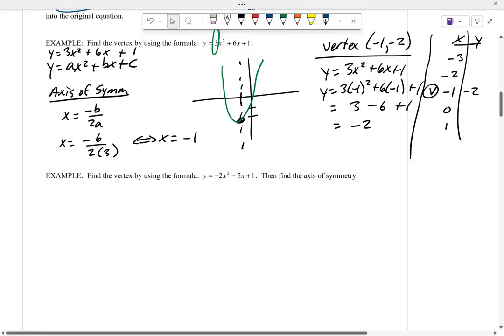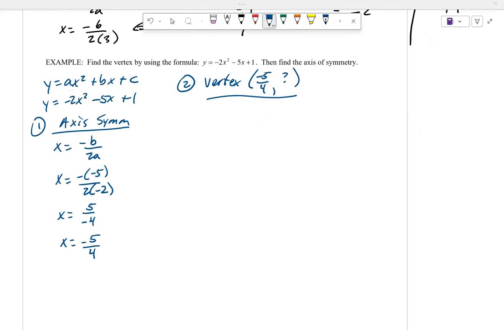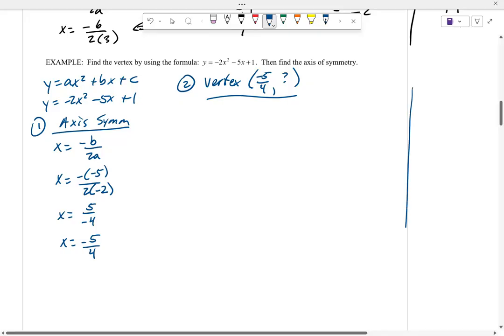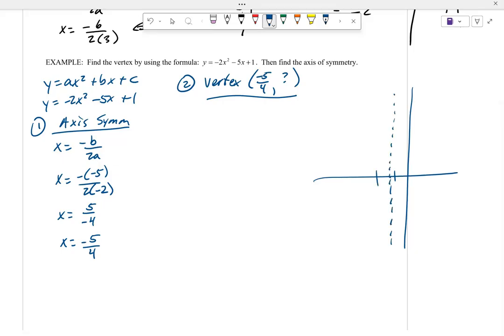So now we got negative 2x squared minus 5x plus 1. Find the axis of symmetry. This would be a good little you-try problem if you want to pause the video. So if you want to go ahead and check yourself, negative 5/4, so negative 1 1/4, should be your axis of symmetry. So that's the middle of your parabola. I don't know where the vertex is unless I plug it in, so I'd go ahead and plug it in